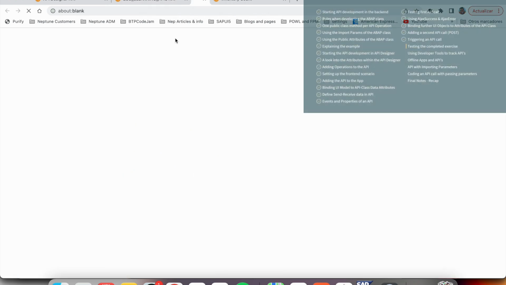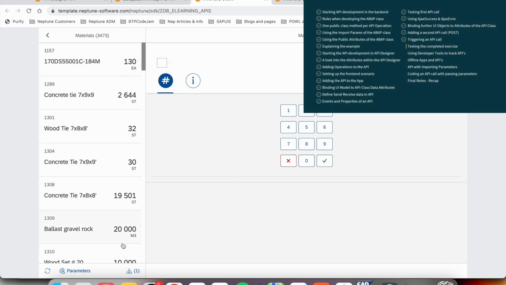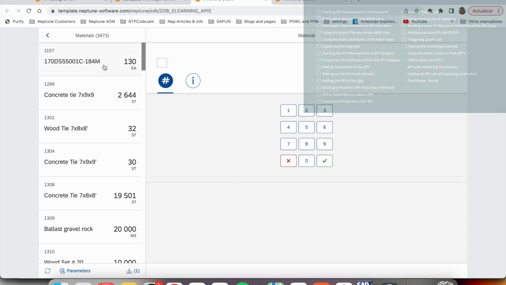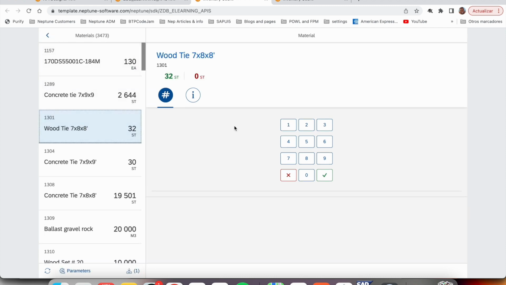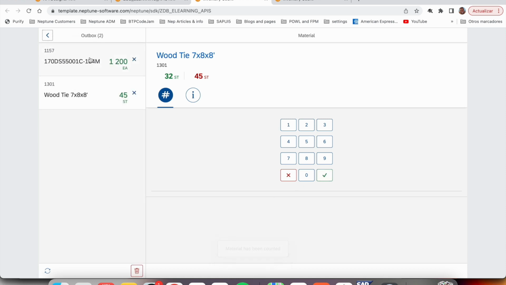Now let's go to our application. We can see the list of materials coming in. We have one material here in the list, but let's use another one. Let's count it. Let's add it to the list. We have 2 elements on the list, and when I click on my button, the list disappears because it's calling